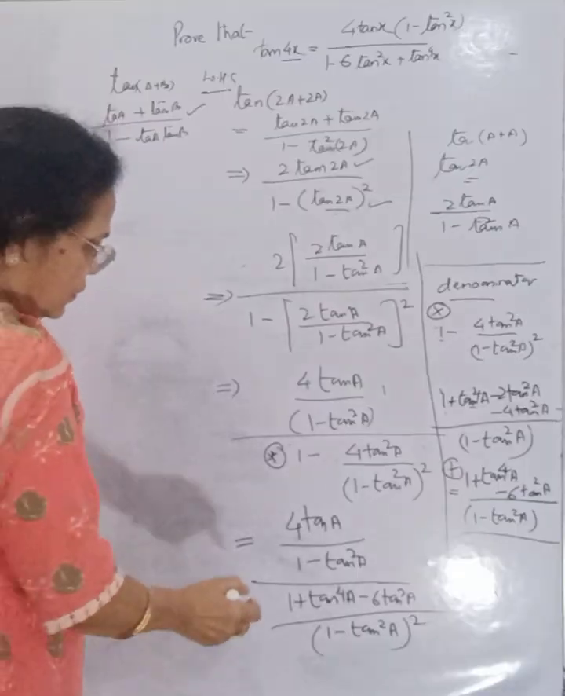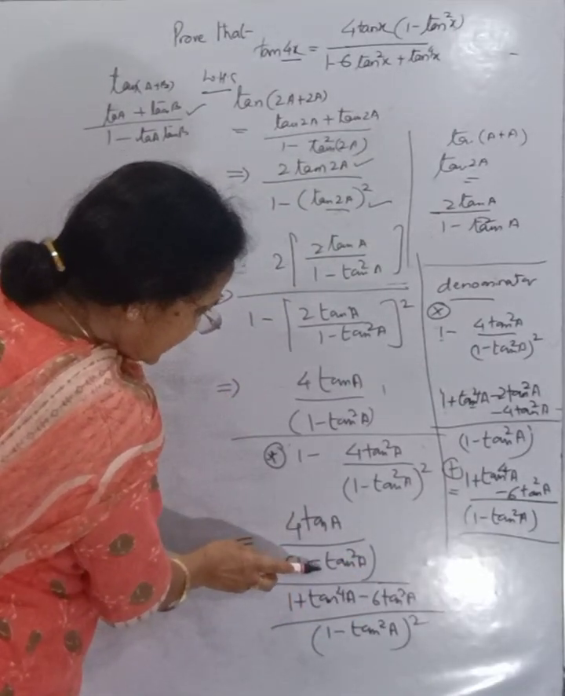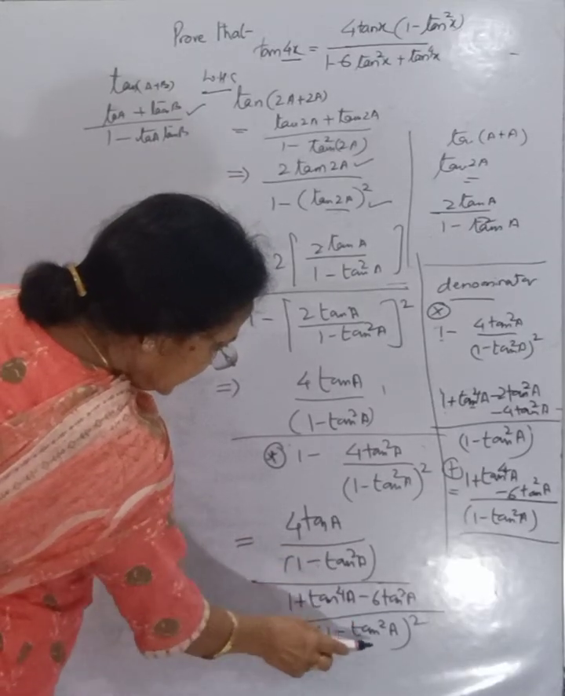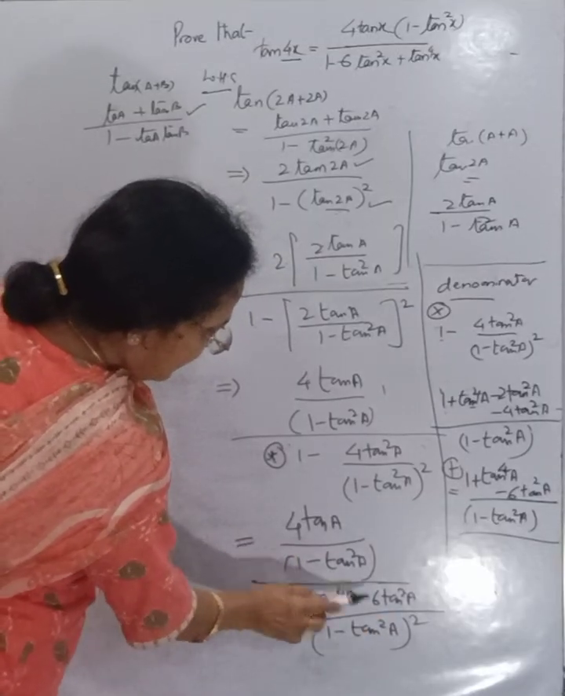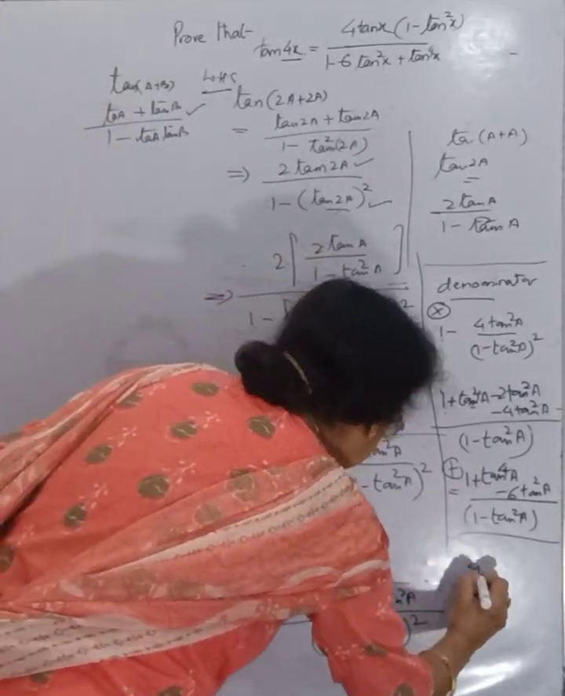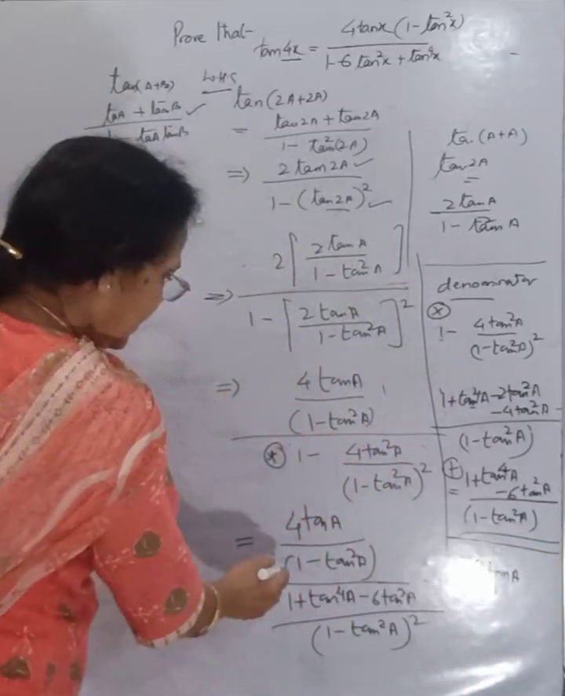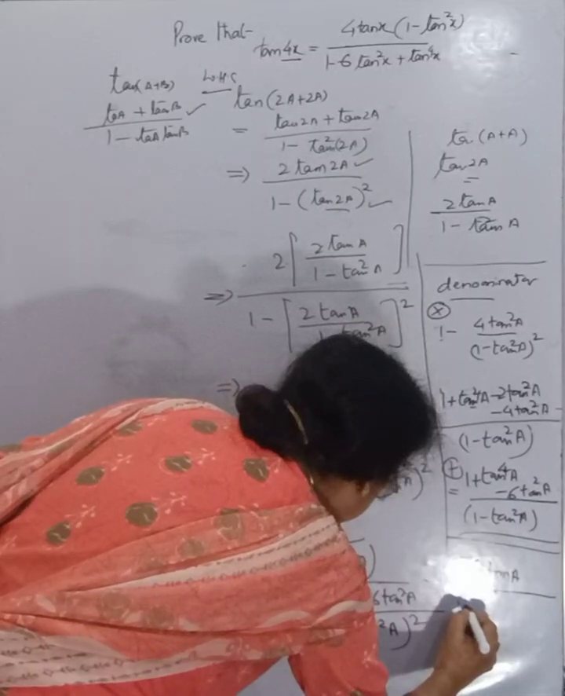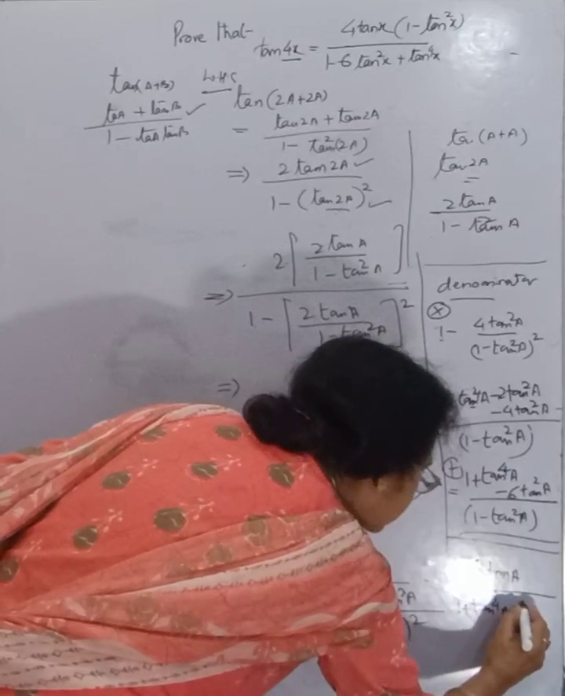Correct? Now in this portion, this is also the denominator, and this is the denominator of this portion. This is the square, and this is the single power. This power will get cancelled with this and we'll get here, what we'll get? 4 tan a simply. Okay, 4 tan a upon 1 plus tan to the power 4a minus 6 tan square a